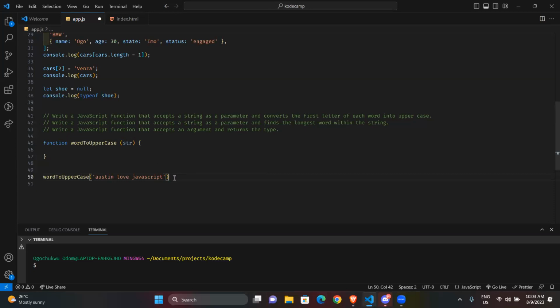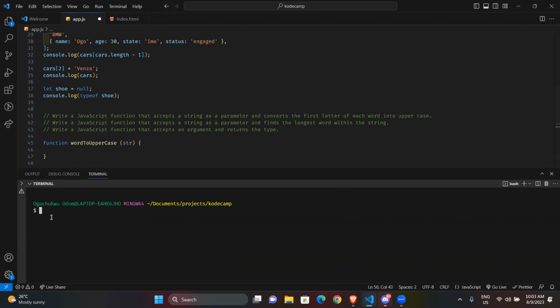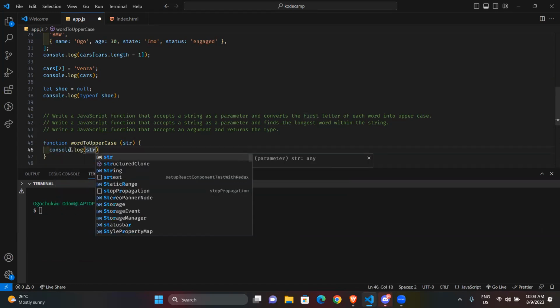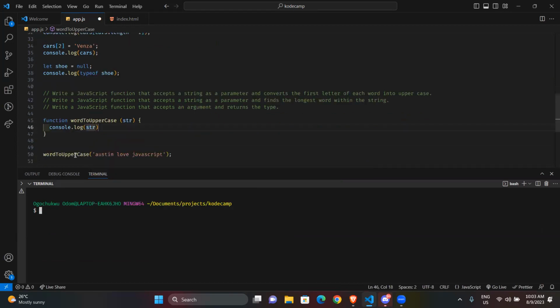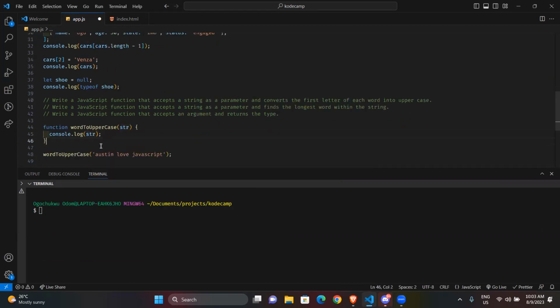Okay, so I have this, which, okay, so if I do, I'm just going to console log this, LG. Okay, so what happens? I'm going to still use Node to run this.